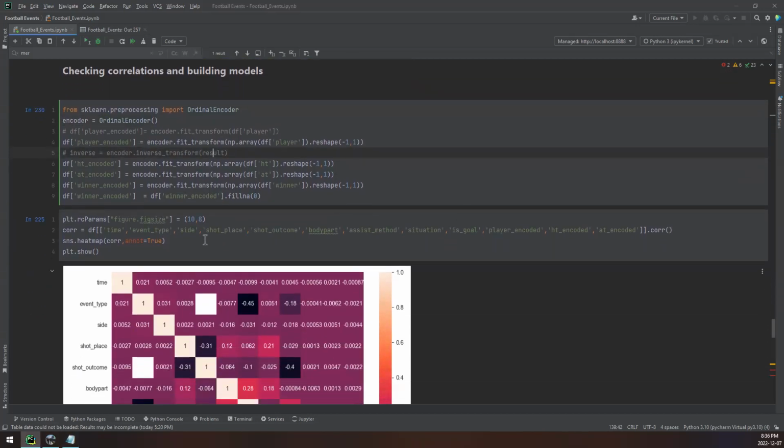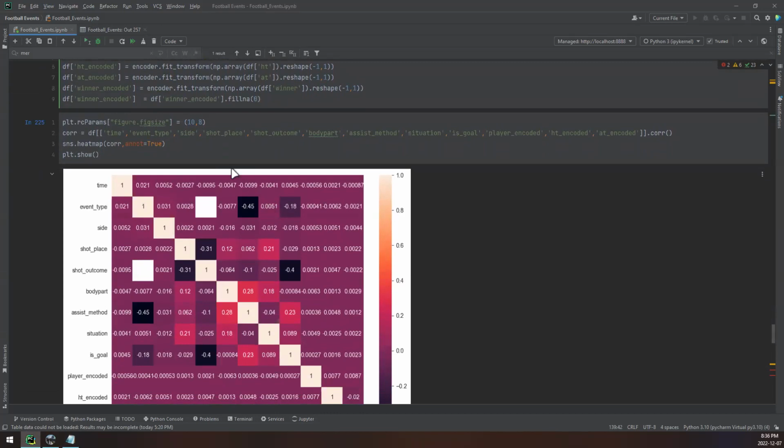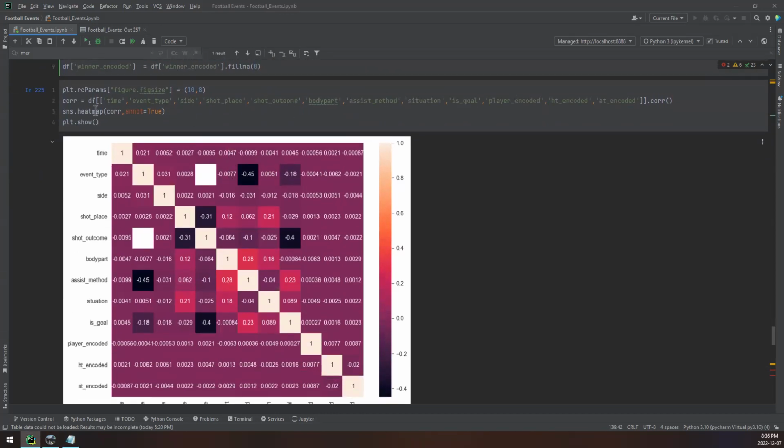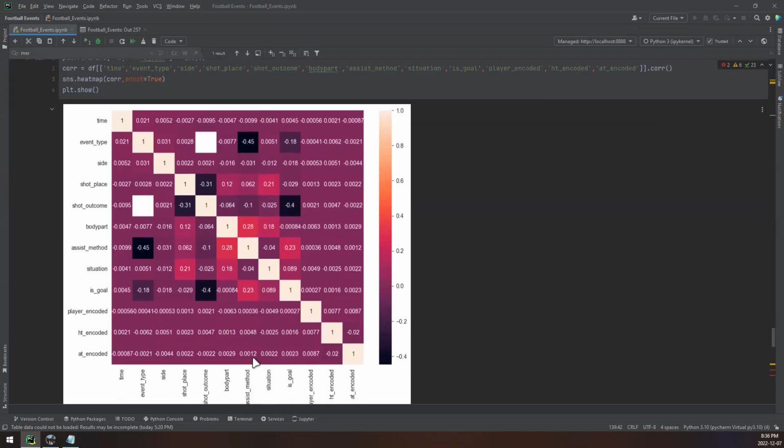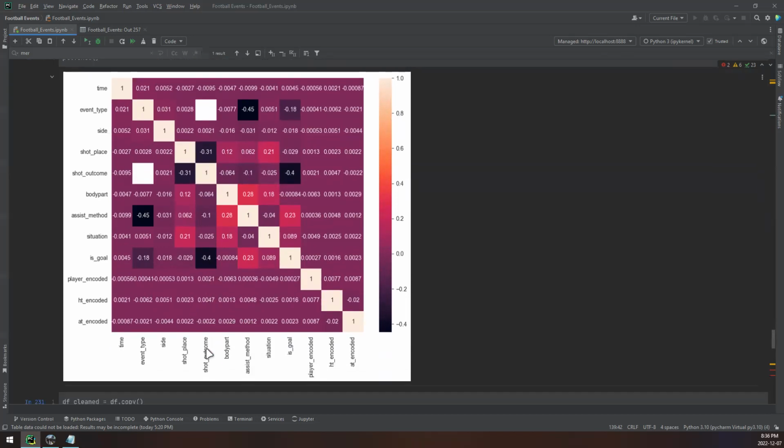I checked some of the correlations here. They call this a heat map, guys. It just shows you if there is any correlation between variables. What I see here is that the highest I got is between shot outcome and is a goal, which is negative, and I don't know why. It should be